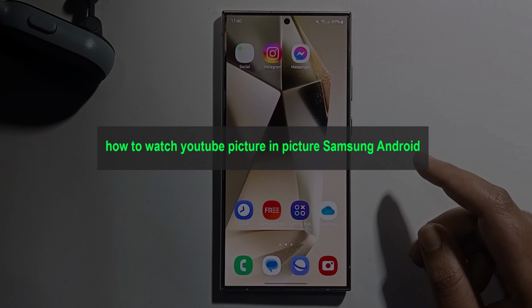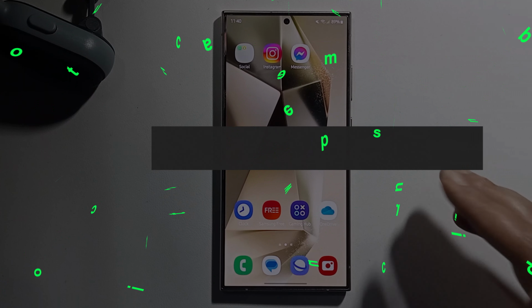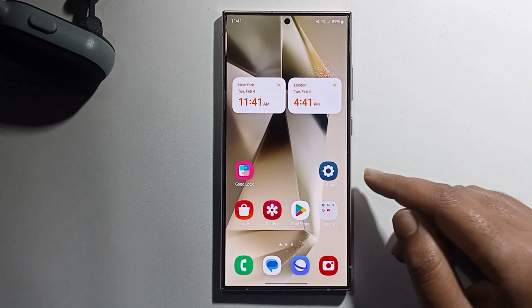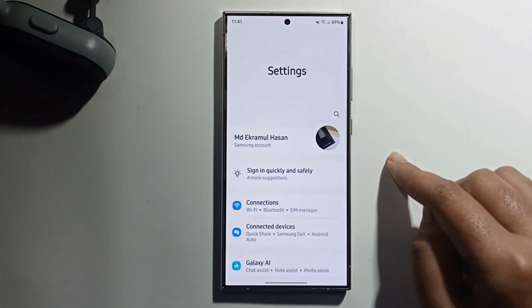Hey guys, today I'm going to show you how to play YouTube in picture-in-picture on a Samsung Android phone. So simply, first open your settings and follow the full guide. Don't skip my video. Scroll down